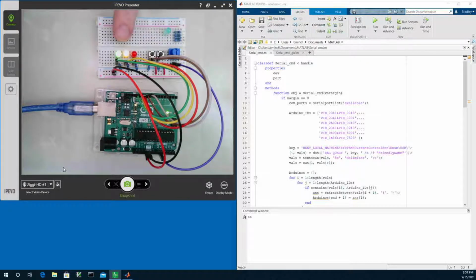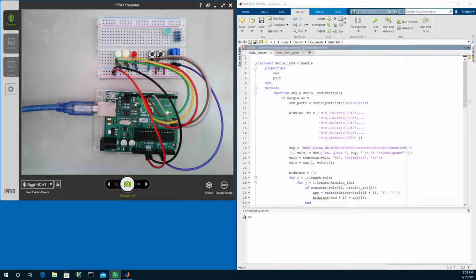The serial command sketch has the two LEDs flashing at 1 Hertz, set up so that we can change the duty cycle of the green LED, and we can change the period of the blinking for the yellow LED, thereby